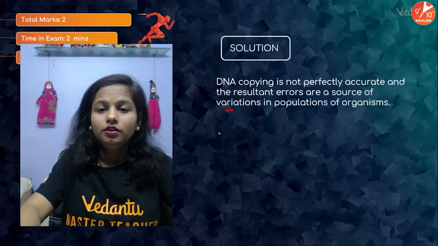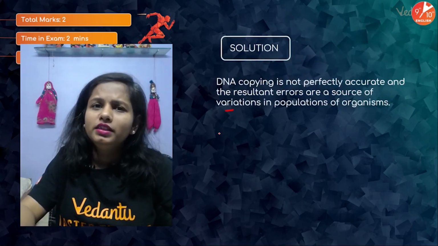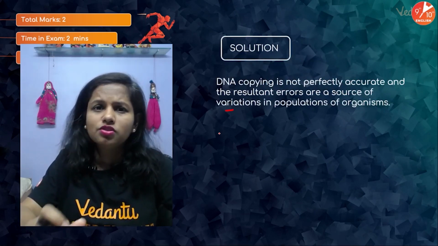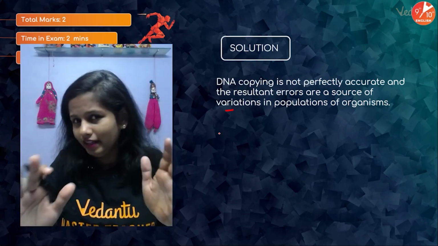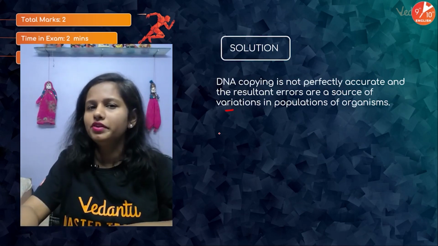Okay, perfect. Then you please elaborate that creating a copy of the DNA is a biochemical process which is not 100% accurate. Write down that statement which is missing over here. Okay, these inaccuracies lead to variations.